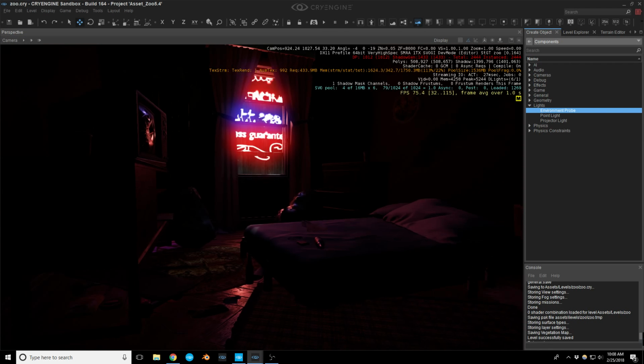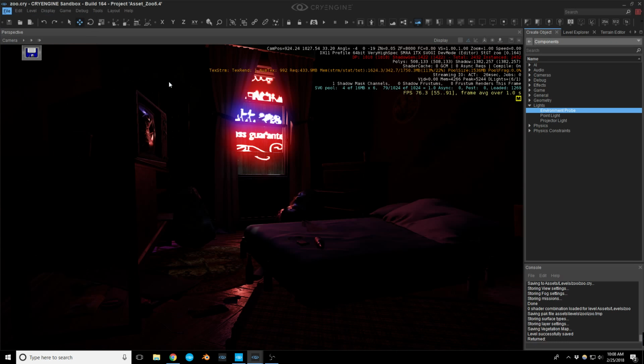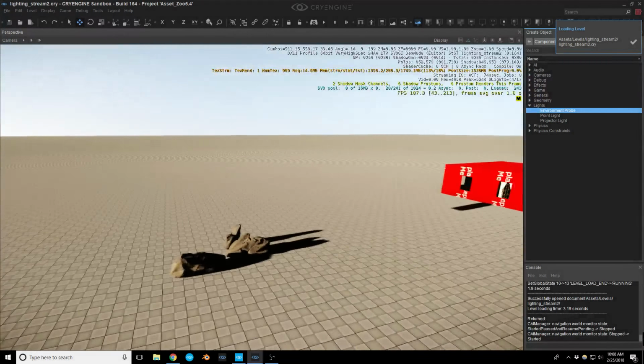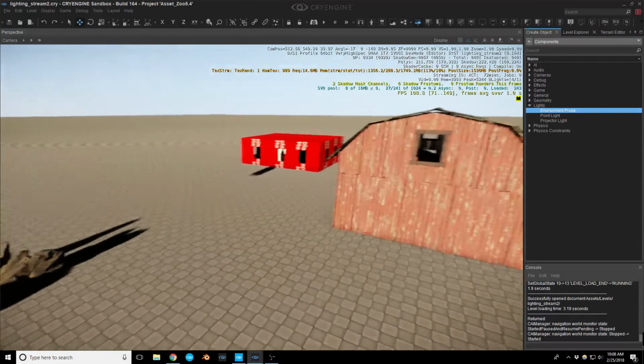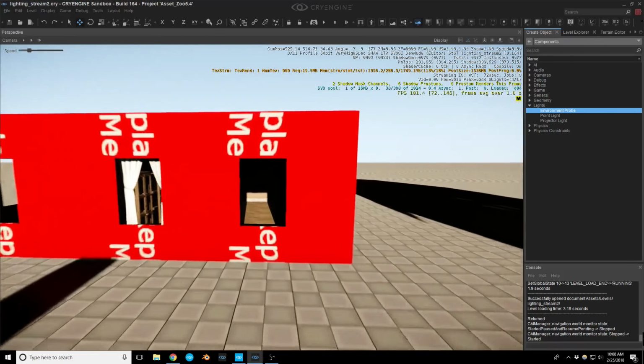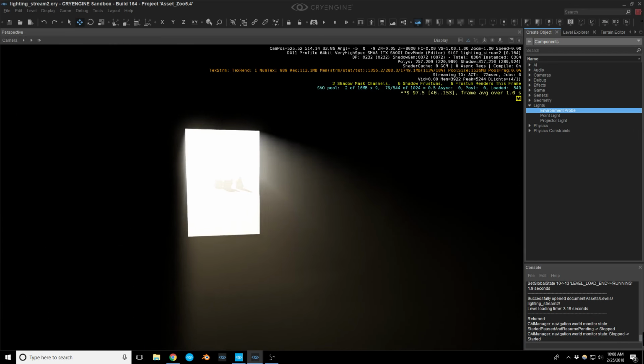So let me save this, and we'll go into our lighting stream level, I believe, or is it this one, or I think it might be 2. Let's try 2. I can't remember which one we used last time. I believe it's this one. I see that there's some stuff that we already had from before, so we're going to go ahead and use it since it's already here. So first of all,